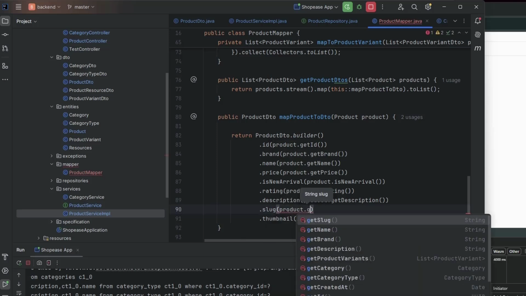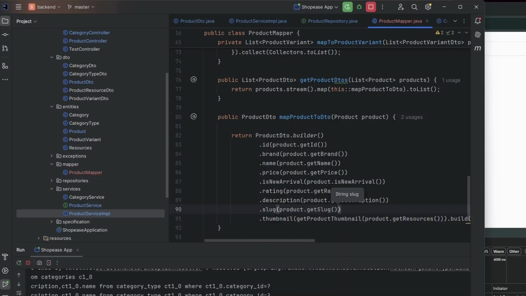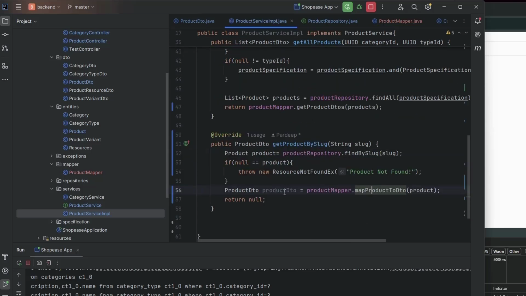Product dot get slug. This method will create a product DTO that will map the product to the product DTO fields. And now once we get that product DTO here, we need some more details like the resources and variants details. So in the product service impl, in this method get product by slug, we'll do